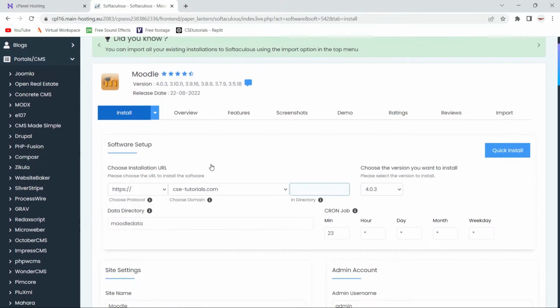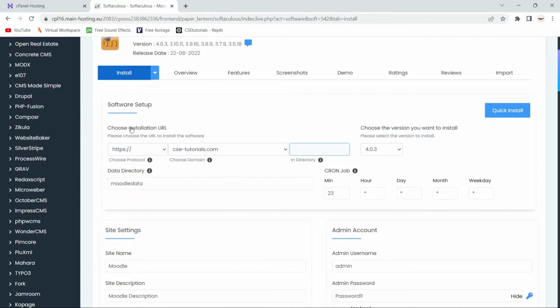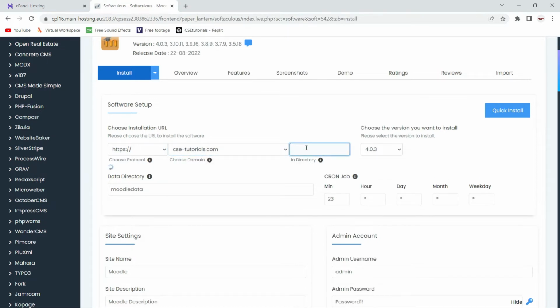Before the installation starts, it will ask you for some settings, like the installation URL, meaning on which URL you want to install your Moodle. Here this is the domain name. If you have any other domain name, you can select it, and it will ask you the directory where you want to install Moodle.